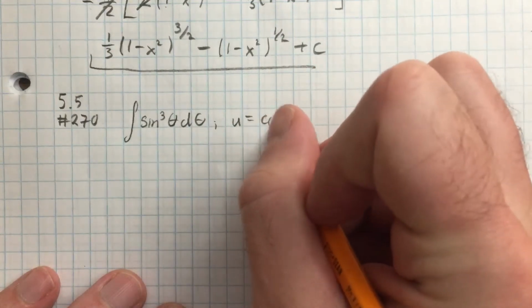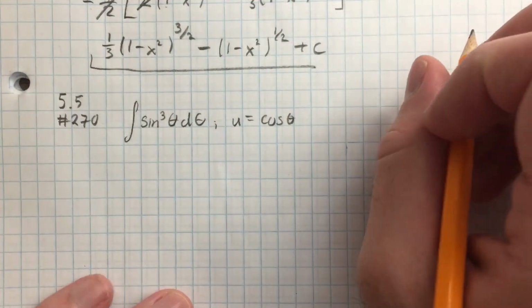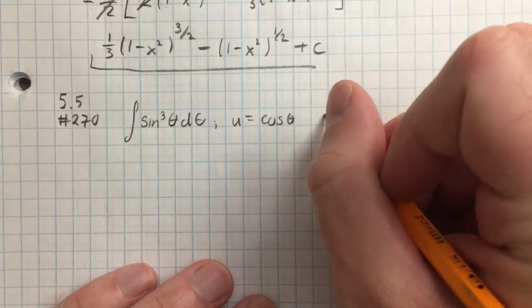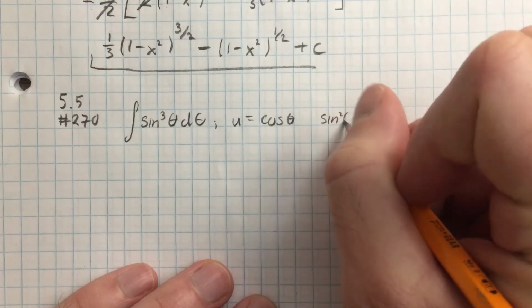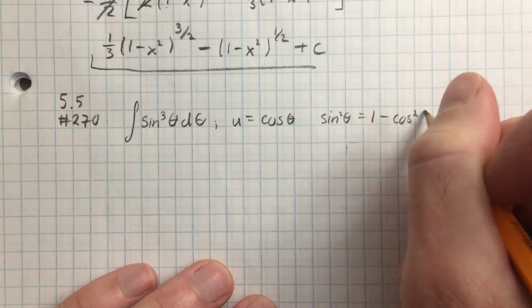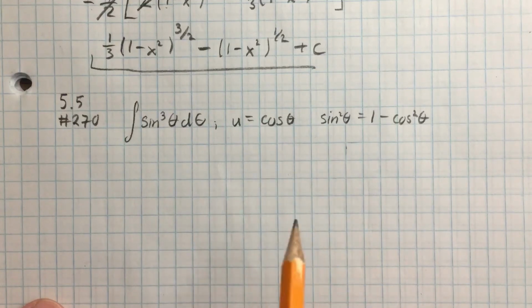U equals the substitution they're giving us directly. Substitution is supposed to be cos theta. They give us another hint. They say that sine squared theta is, of course, 1 minus cos squared. It's the old Pythagorean identity. Okay, so how do these two work in tandem